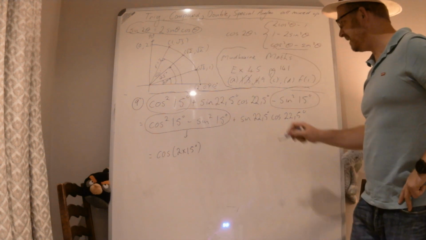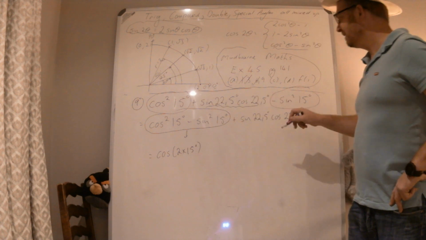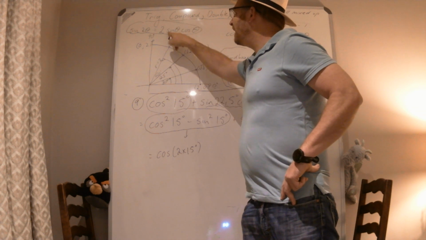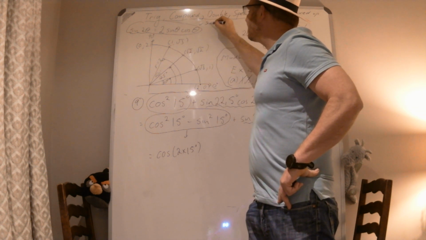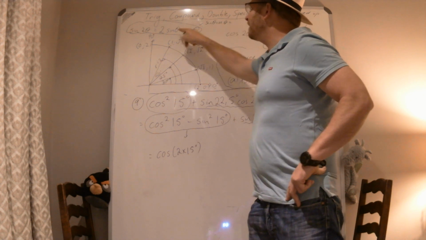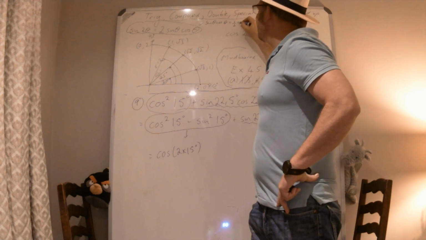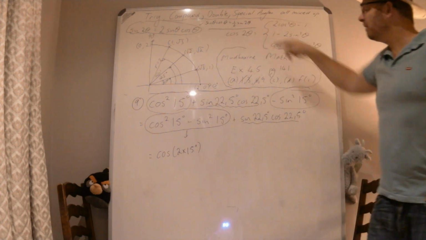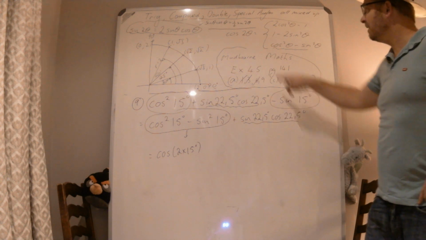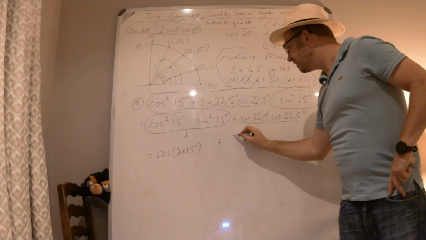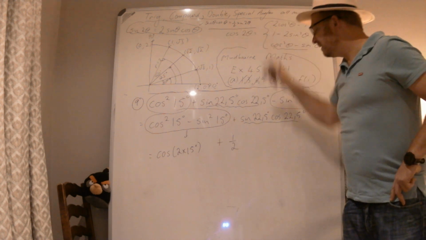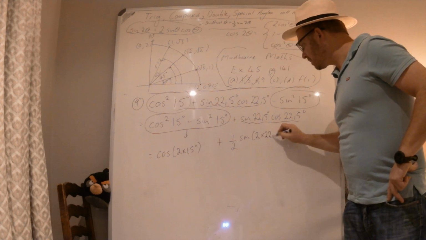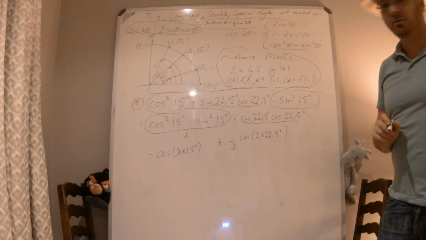Right? And then another pattern we've got here, sine 22,5 cos 22,5. Well, that's that over here. And sine theta cos theta, remember, is the same thing as a half sine 2 theta. Sine theta cos theta is equal to a half sine 2 theta. So sine of an angle cos of an angle is equal to a half, so it's going to be plus a half, okay, sine of 2 times that angle,